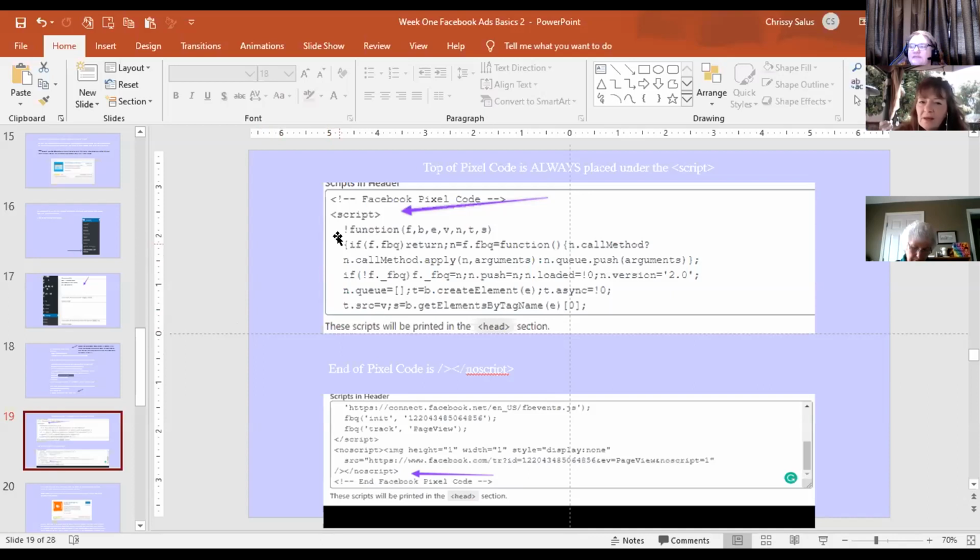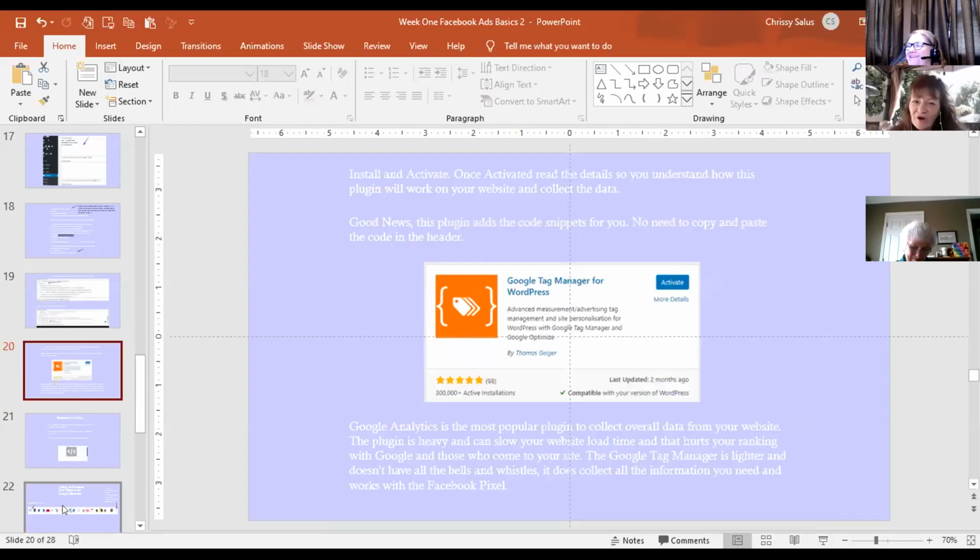So thank you, Christina. And when they say the header code, you see where my arrow is pointing on the script? That is always where you'll start. So if you look at that, there's the less than and equal to, and then you go down to the bottom when it says no script, that's where it ends. I just wanted to show both of those due to the different way the beginning of a code starts and the way it ends. Sometimes they're different depending on, like Joe said, the HTML. I almost said HDMI cable. But, while you're in there searching for your headers and footers,